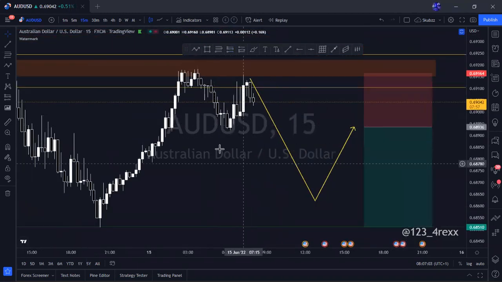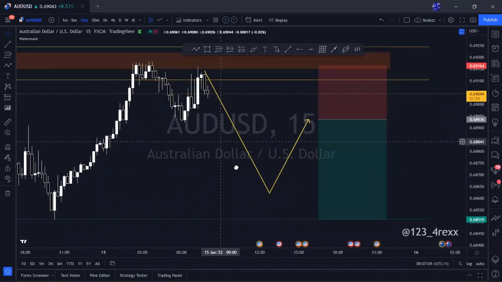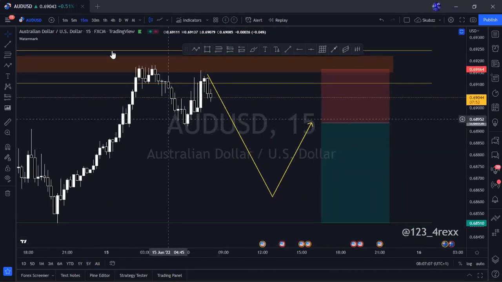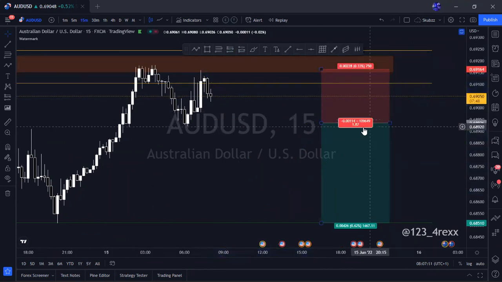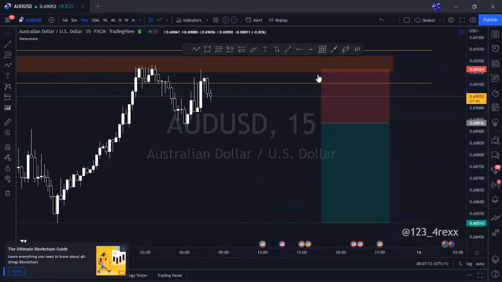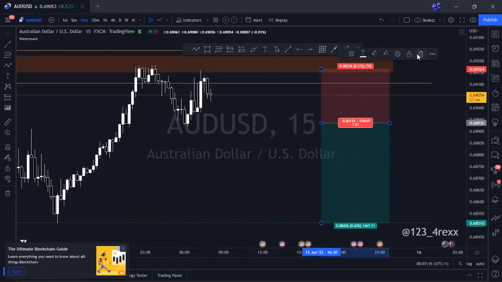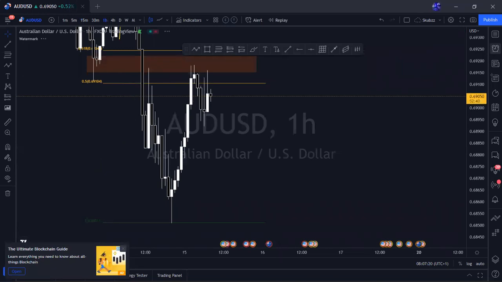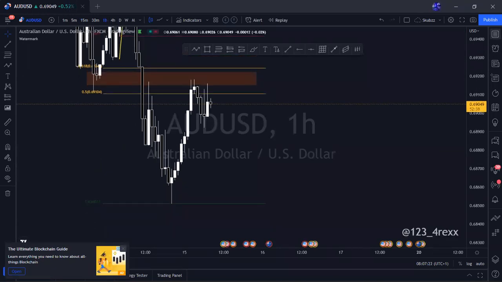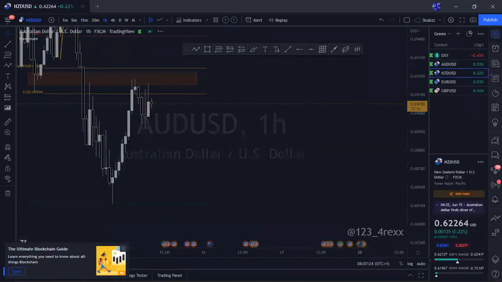Either way, if I see that break to the downside, that's how I'm going to be looking at it. But for now, I've not seen that break, so we're not taking any shots yet. We're still going to be patient and wait to see what the market is going to do exactly. We'll basically flow with the market. That's my outlook on AUD. Let's take a look at NZD.